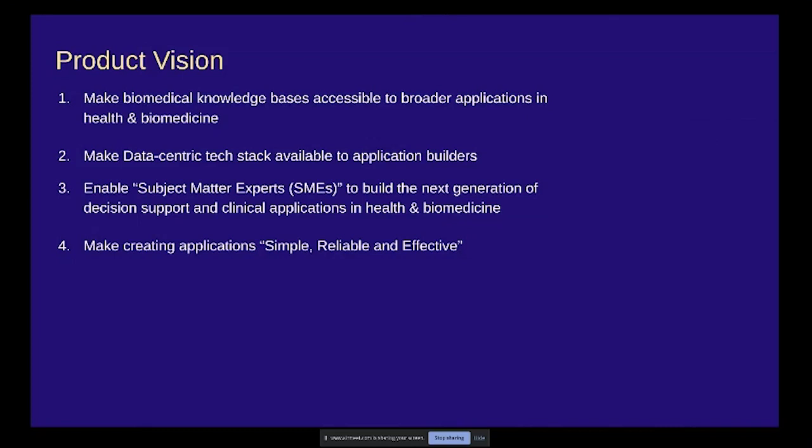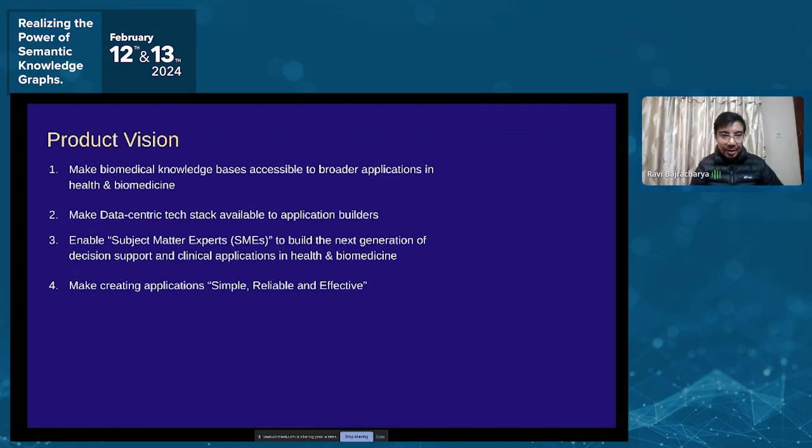That's where no-code builders that are built on the semantics of the data model pair very well with the underlying knowledge graph,